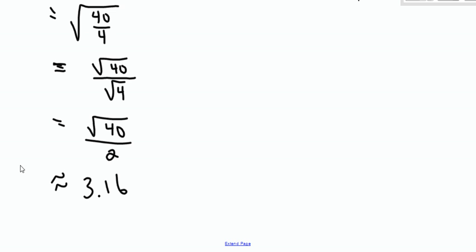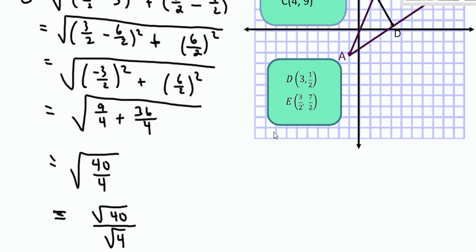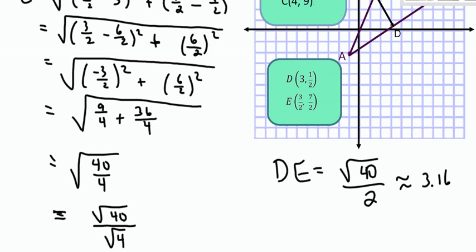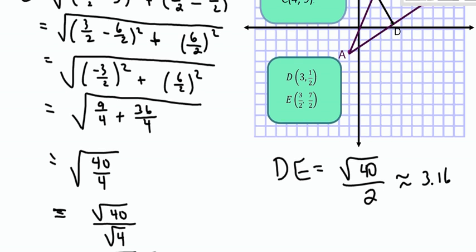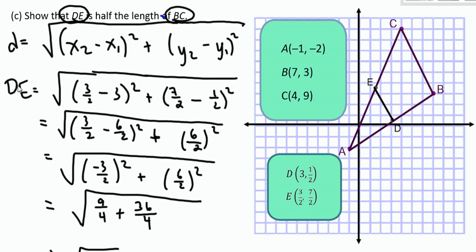So the length of DE is the square root of 40 divided by 2, or about 3.16. So what I'm going to do is record that again right here. It's the square root of 40 divided by 2, which is about 3.16. And the reason I'm recording it here is because now that I've done this, the length of DE,